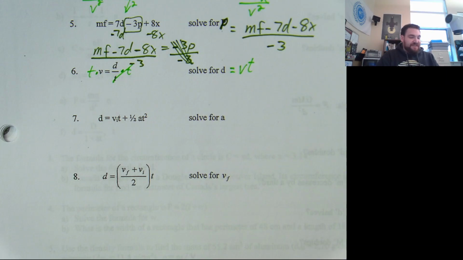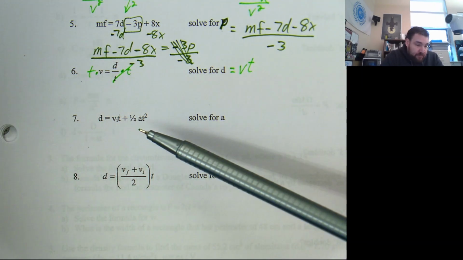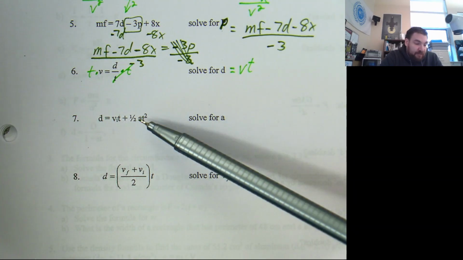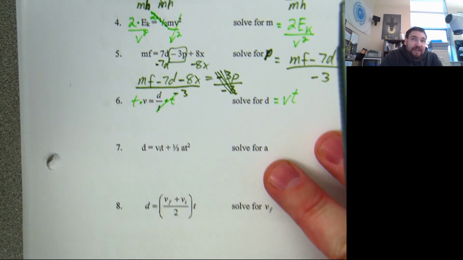Number 7, let's solve this thing for a. There's a lot there, different letters going on all over the place. How do I get a by itself? You want to start by multiplying by 2 to get rid of the half. While that is technically an option, you've got to be really careful how you go about it if that's the first step you want to make. We could do it. To make your life easier, though,